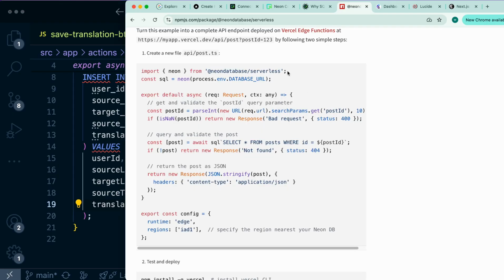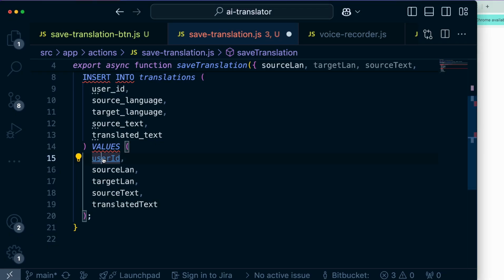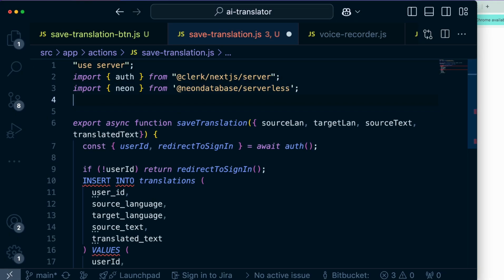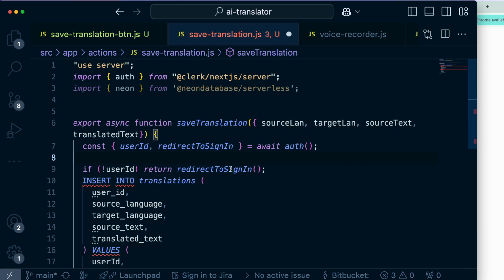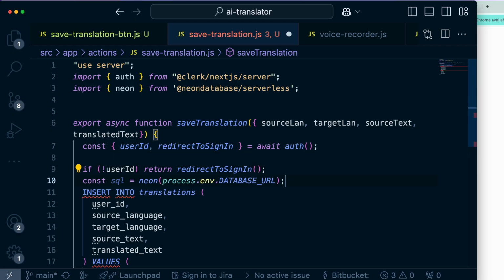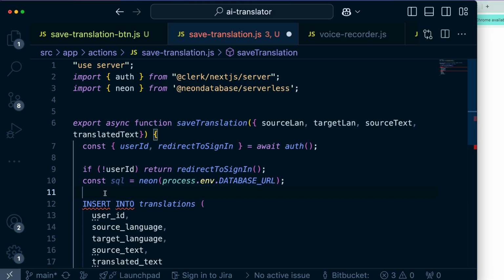All right, we also need import statements of Neon at the top. And let's just see how the response looks like. So after we check if the user ID exists or not, await SQL, and then we create a template